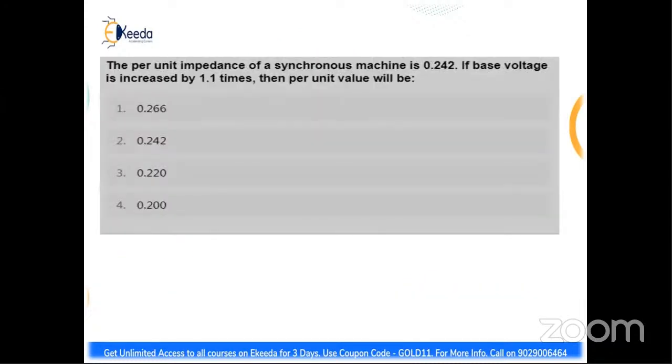Next, moving on to the next problem, that is the per unit impedance of